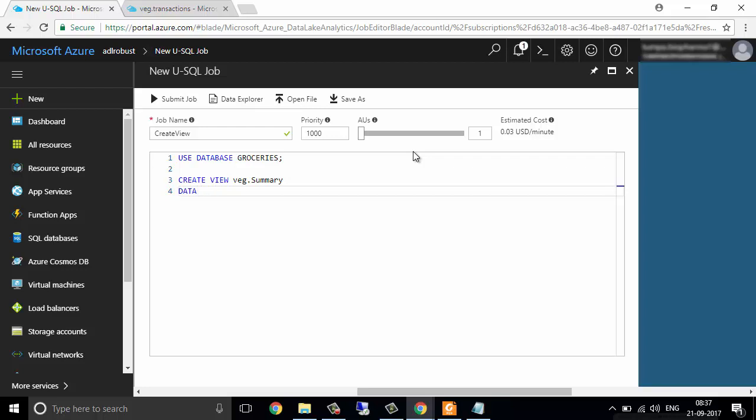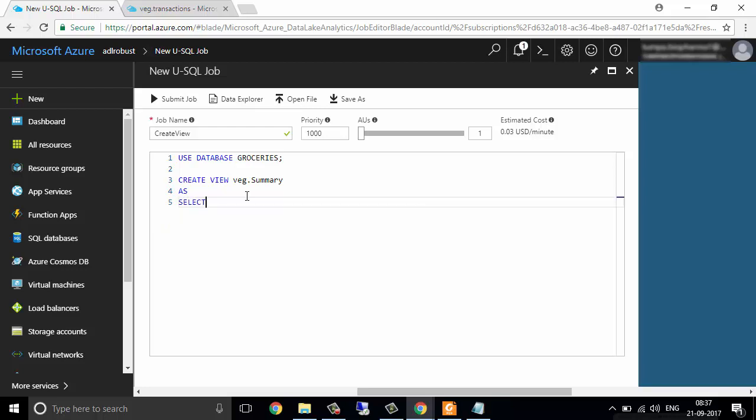So for that I'm going to write CREATE VIEW Wedge.Summary AS below. It is actually picking up the IntelliSense. Below the keyword AS, you will get the query that is actually required to fetch the data.